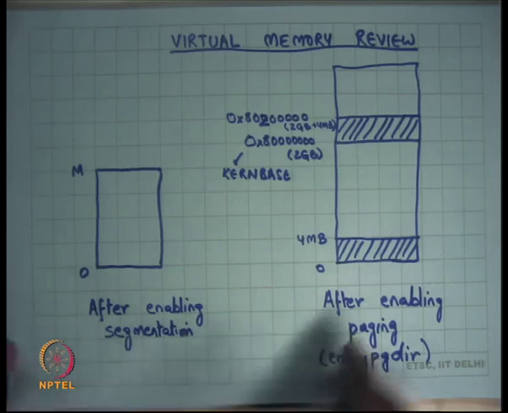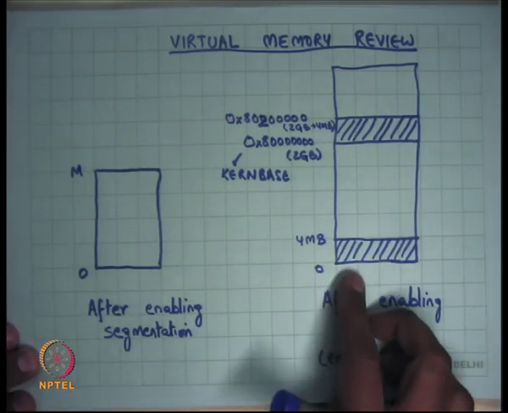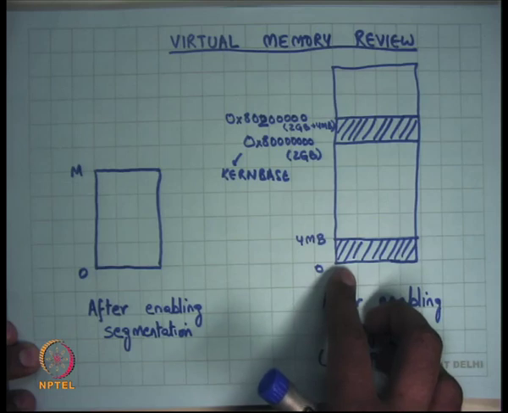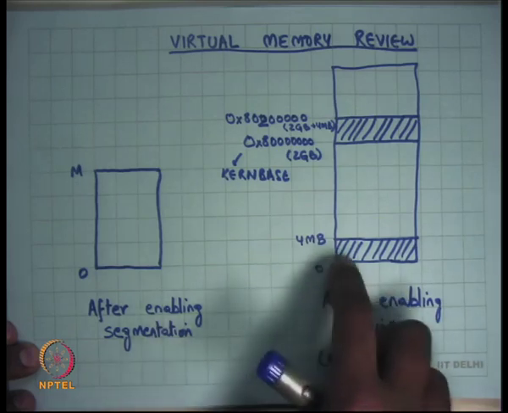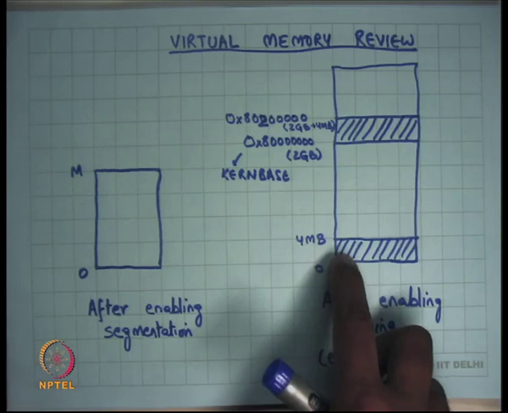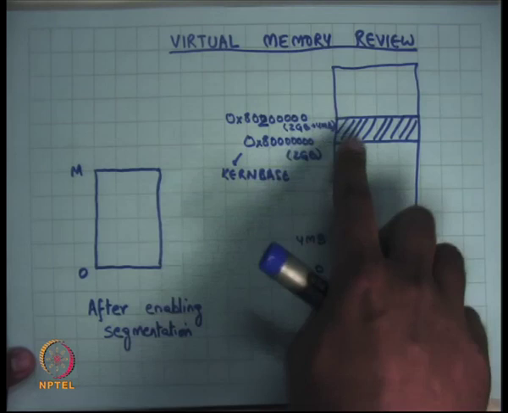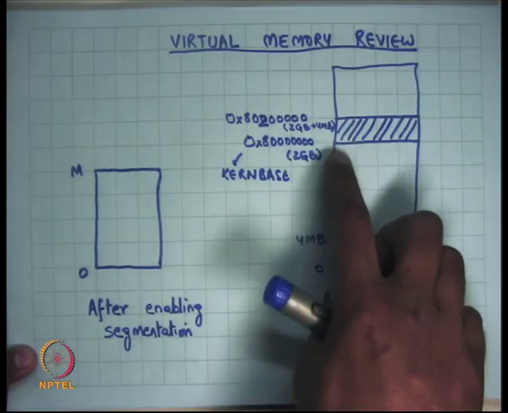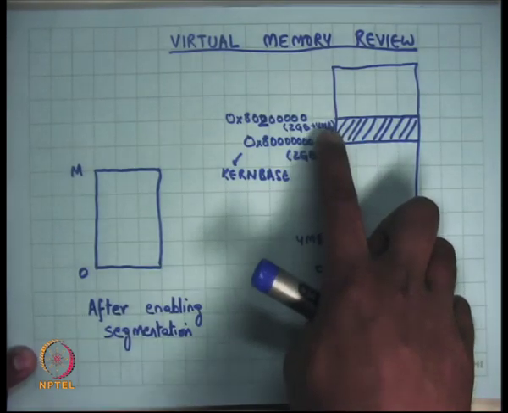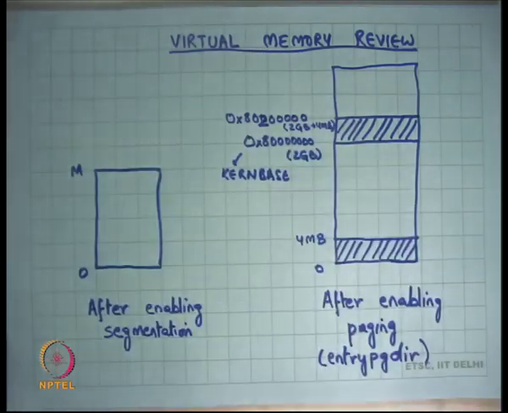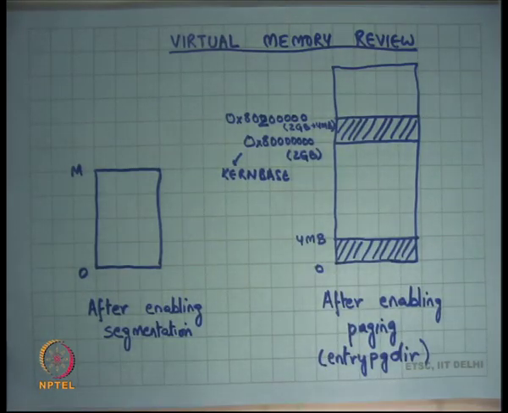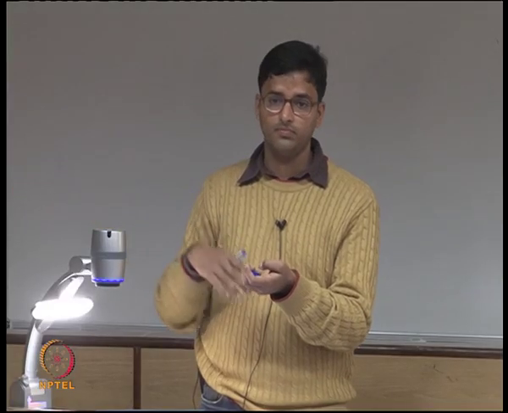And we saw last time that this entry page directory implements an address space where the first 4 MB are mapped identically. So if you access an address X within 0 to 4 MB, you will hit physical memory at address X. On the other hand, it also maps the range kern base to kern base plus 4 MB to the same location, 0 to 4 MB. So if you access address kern base plus X, assuming X is less than 4 MB, you will hit physical address X.